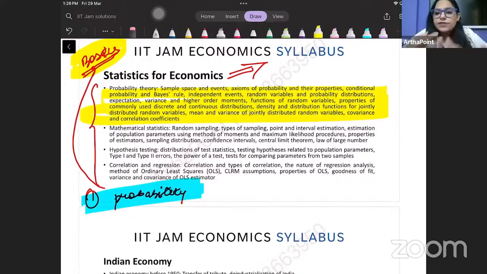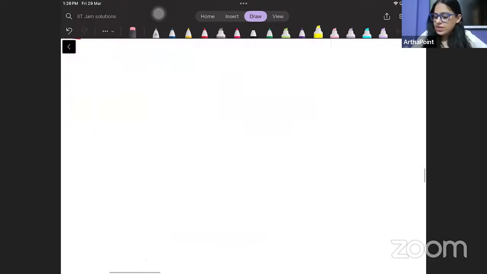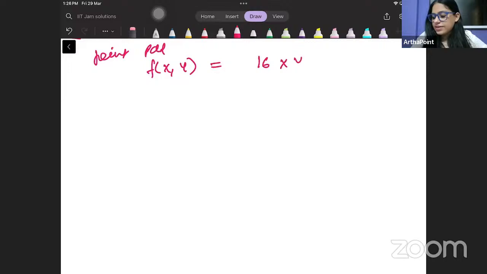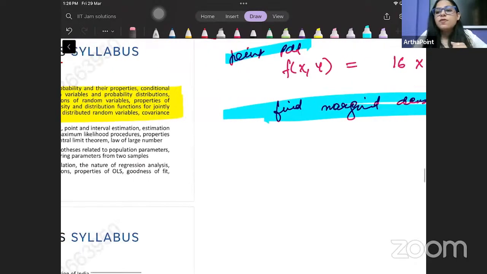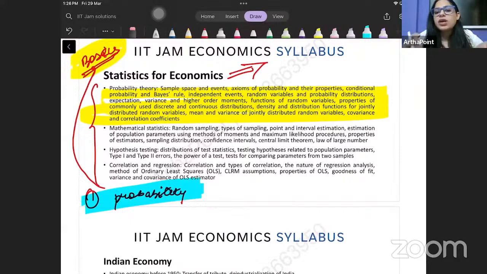In probability, a lot of times, there are questions on joint probability distribution. Just say, for example, if I give you that this is a joint probability density function, 16xy, and I ask you to find the marginal density function, you should know what is joint, what is marginal. So we will be talking about everything related to probability in the first part of the statistics. Then the second part will be related to